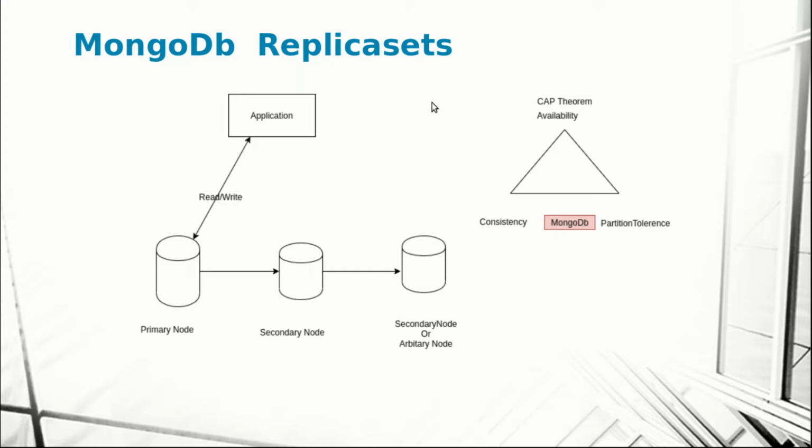So this is how you deploy a replica set. So you have your application, then you have primary node, then secondary node will take the backup from primary node. So in case primary fails, secondary will become primary. Okay, then you can have a secondary node or arbiter node. If you have a secondary node, so you have 2 data replication nodes, right? And both nodes will participate in voting. So in the third node, you can go for either secondary node or arbiter node. So if you use arbiter node, data replication will not happen to this node, but when primary node fails, the arbiter node will take part in the primary election voting process. Okay, so that's how the MongoDB replica sets work.